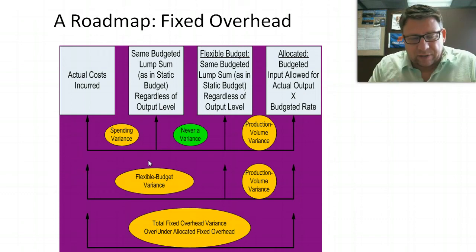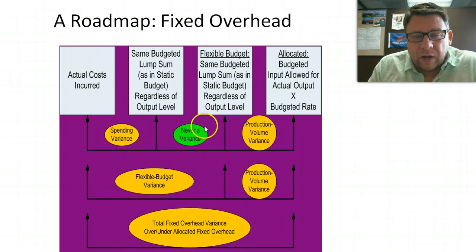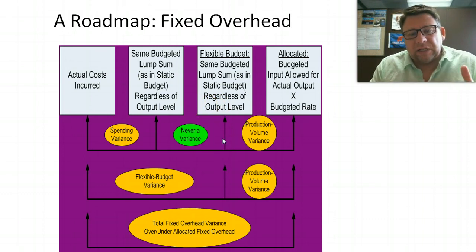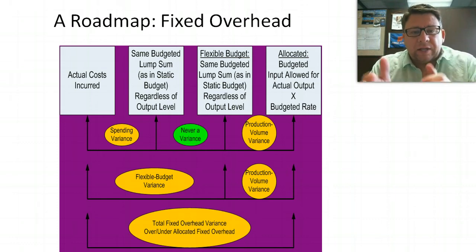At our highest level, we would hold volume constant and change the cost to see what the spending variances were, or we would hold the cost constant and look at the difference in volume to see what, let's say, an efficiency variance was. Well, we don't have that issue when it comes to fixed costs because our